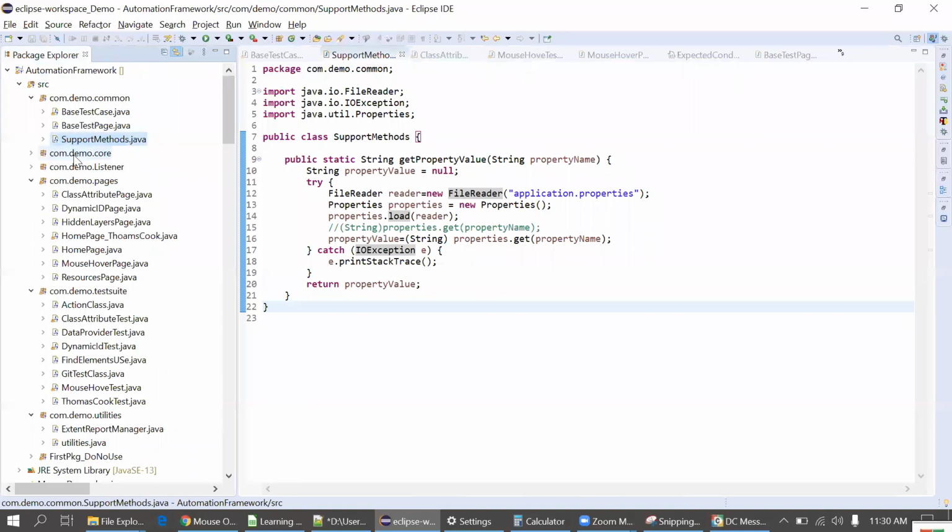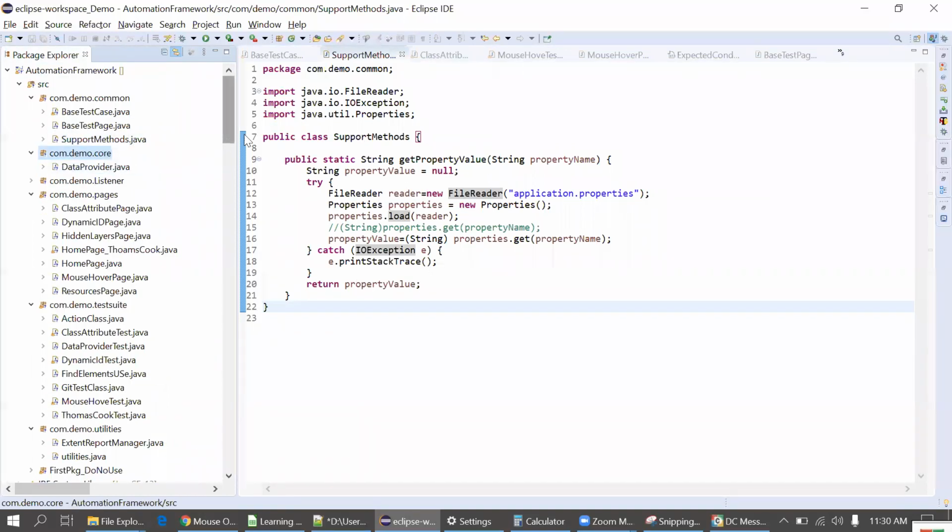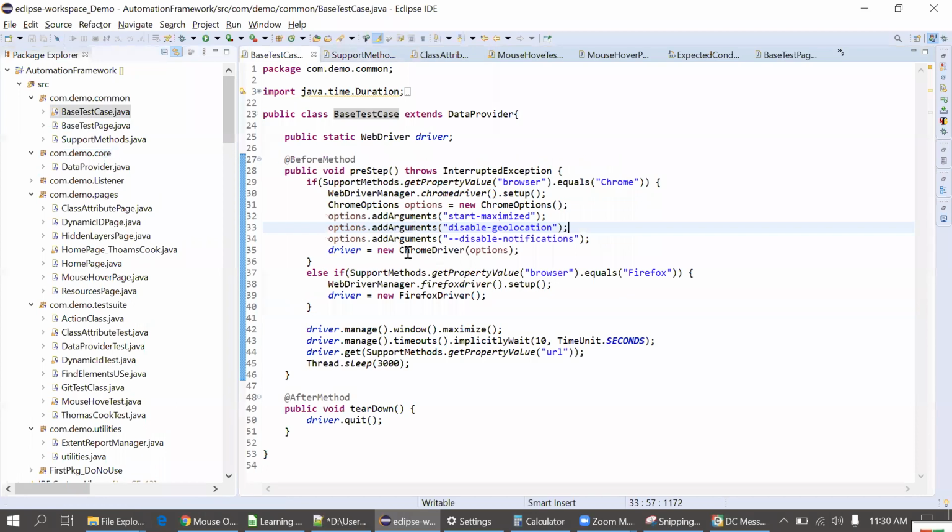Shubham, I'll just commit this code into Git, so you can take a pull for this. These are the basic, very much needed methods that I have written in this class. Okay, fine.